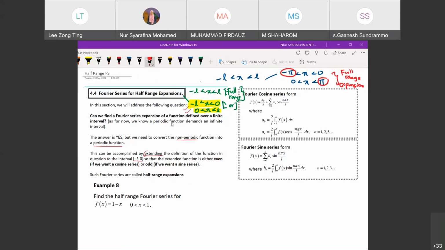This can be accomplished by extending the definition of the function in the equation to the interval. So we need to do some extension to the function so that the extended function is either even if we want a cosine or odd if we want a sine. So for this half range expansion, we will only have either Fourier cosine or Fourier sine. So for Fourier cosine, the function needs to be odd. For Fourier sine, the function needs to be even. So for this case,